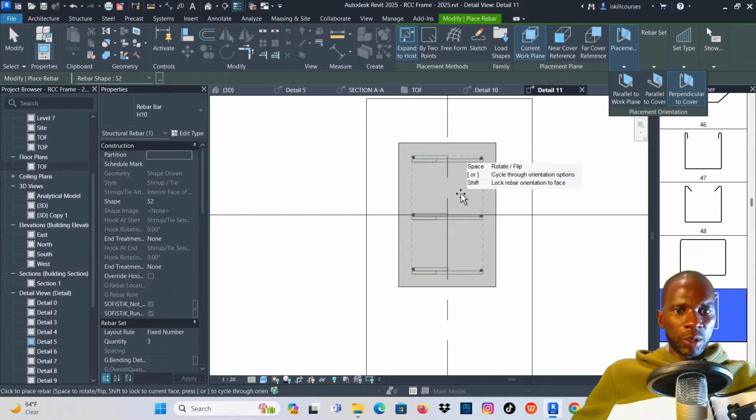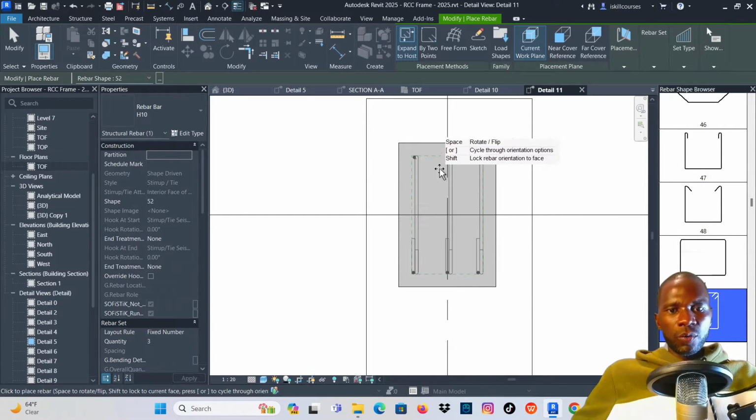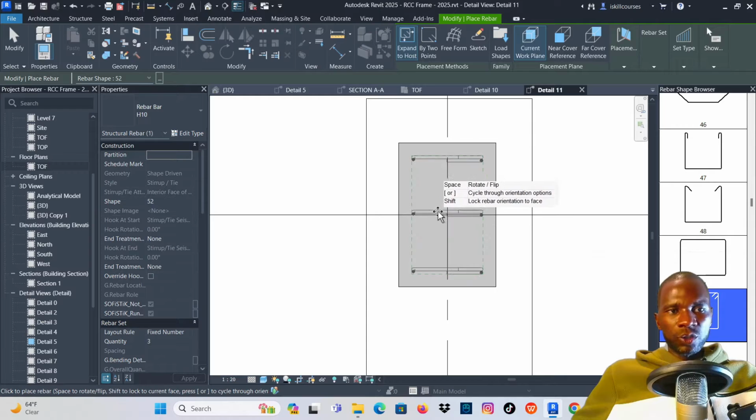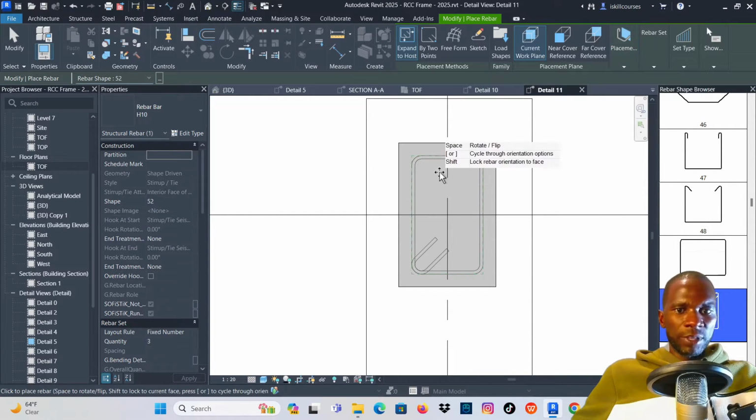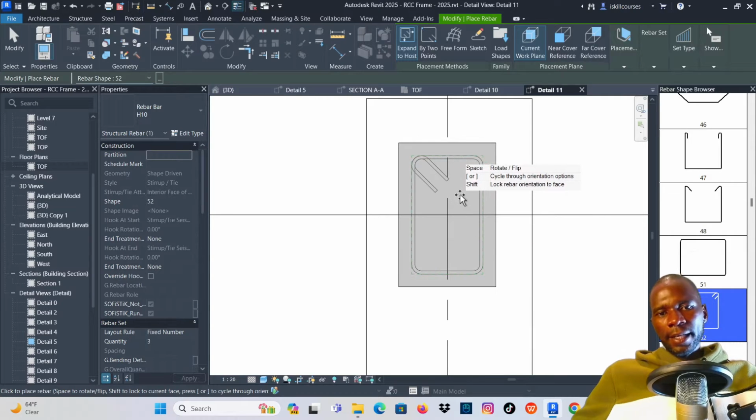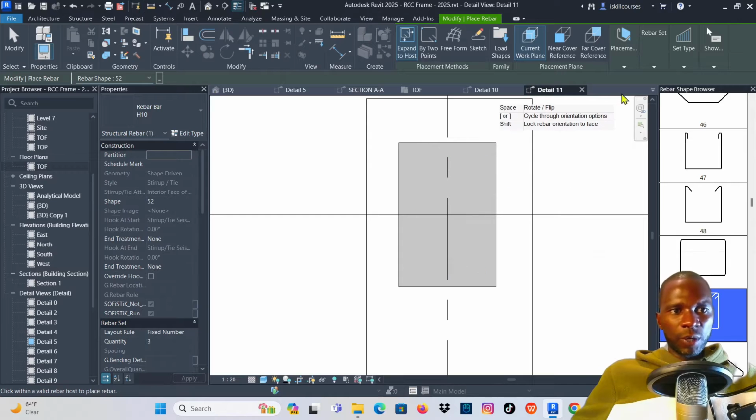If you're on perpendicular, you can't add that one. It's in the wrong orientation. All right. So make sure that you change this one to parallel to work plane. Once you move in there, see that it looks okay. All right. Now you can click there, or before you even click, if you want, you can check, but it